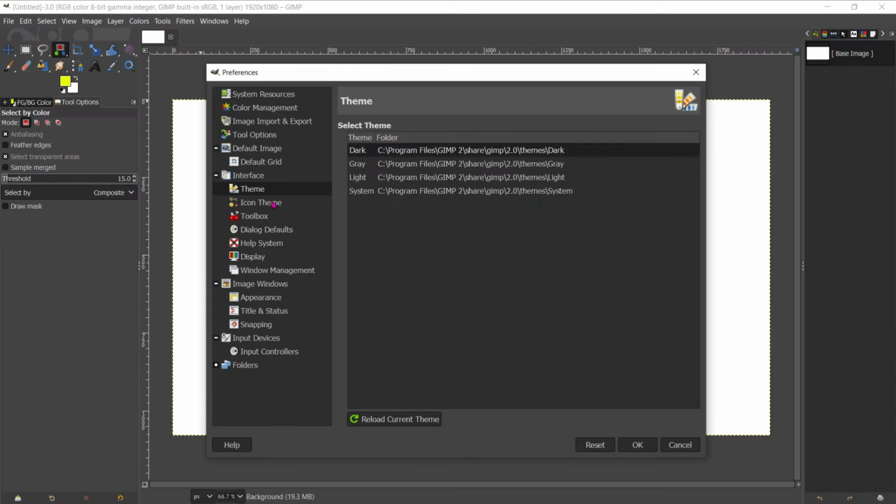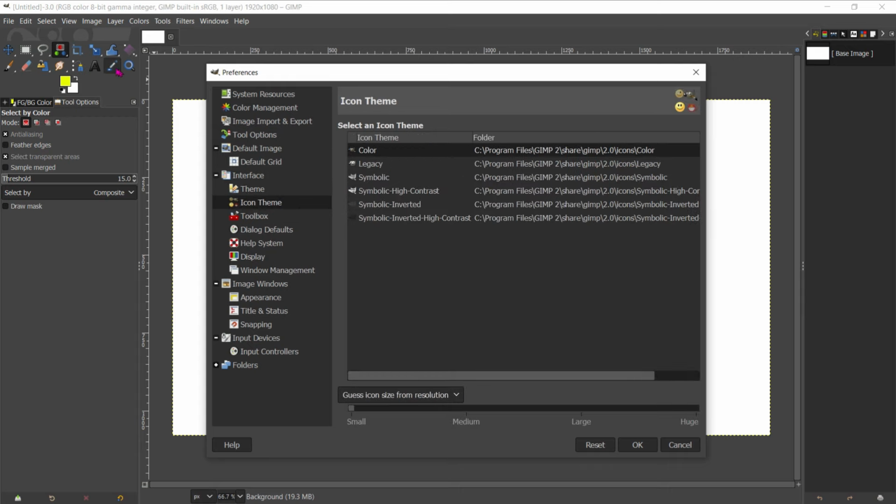Then we have icon theme. Here you can see these are the icons. Presently it is colored. If I select legacy, then see the changes. The look and feel will be different.